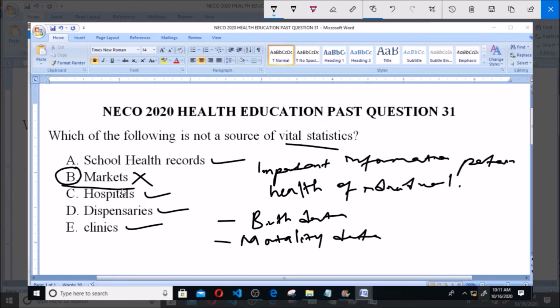Because in markets, the major activity is buying and selling, not keeping of vital statistics or keeping of data concerning the health of individuals. So the answer to this question is